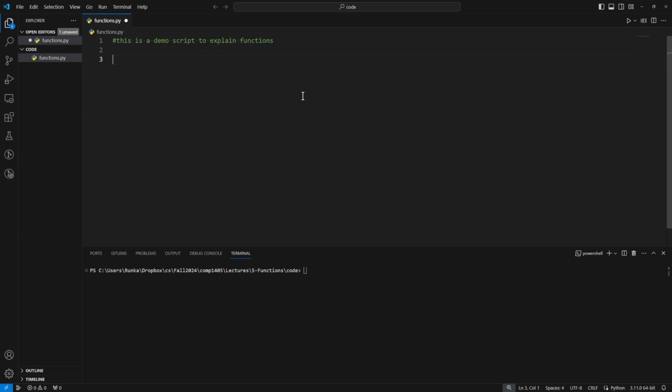Step 1 is to define a function. So starting with the keyword def, and then the name of our function. Here I'll make a function which draws a little cat, so I'll call my function cat. Remember to include the parentheses and colon, and then we start the body of that function. The body of this function is just going to have some print statements that work together to draw a cat. So print